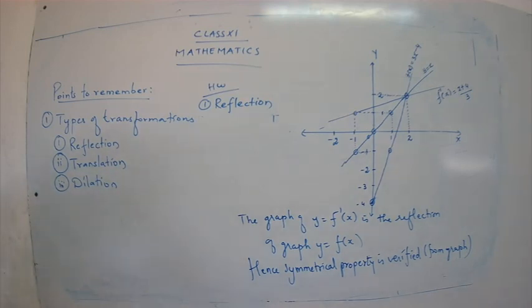Or in simple language we can say a reflection is the mirror image of the graph, where the line L is the mirror of reflection. So you have to write down the definition. I'll explain these points to you. So just note down the points that you are going to write down under reflection. First of all, you give the definition.